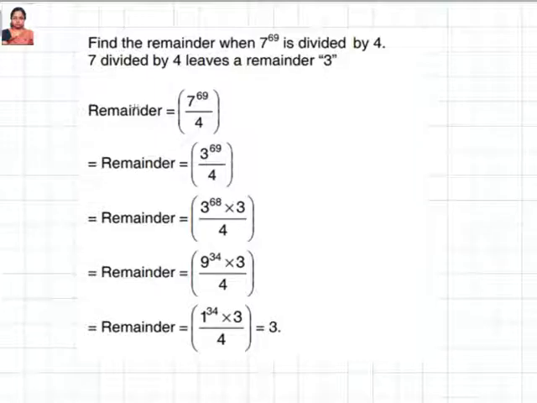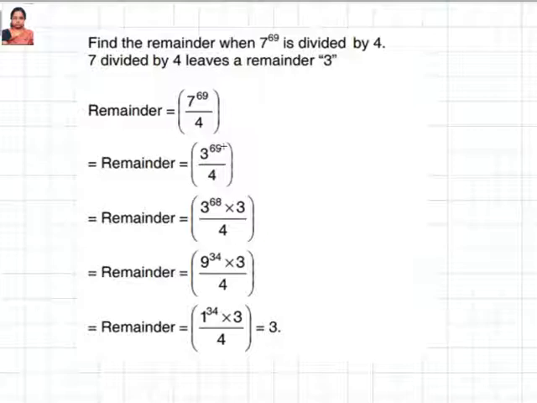Next, again, we'll go for a different number. Find the remainder when 7 power 69 is divided by 4. This is another way of doing it. Here, when you divide 7 power 69 by 4, for any number, whenever the base, which is 7 here, is greater than the divisor, you can directly find the remainder first, then raise it to the same power. So 7 by 4 gives remainder 3. That 3 you write, and the same power continues with that. So now you have 3 power 69.